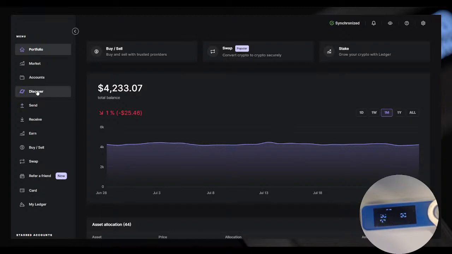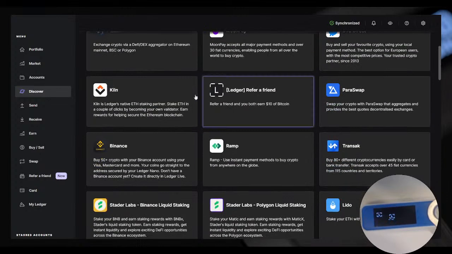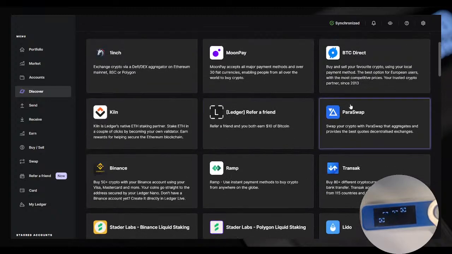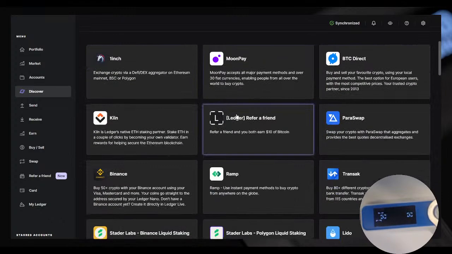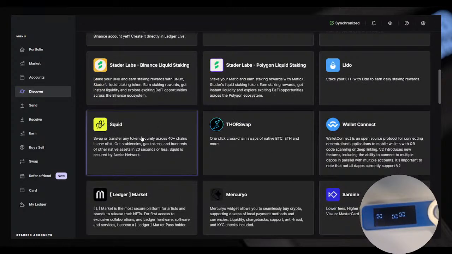I'm just showing on the screen here the Discover section, which I think is underused by a lot of users. People don't really know what's in there. I've got the feeling there are a lot of dApps in there that might do whatever you're trying to do with a third-party app, right? So for example, if you're trying to swap, then we've got ParaSwap, we've got 1inch. If you're trying to buy, we've got MoonPay. In terms of dexes, we have Squid for bridging, ThorSwap for